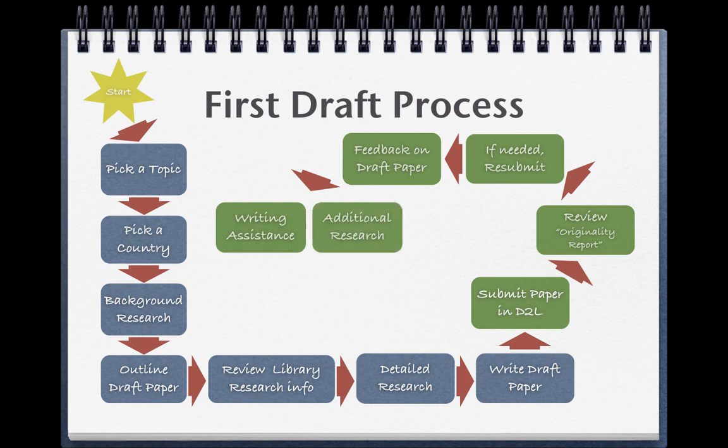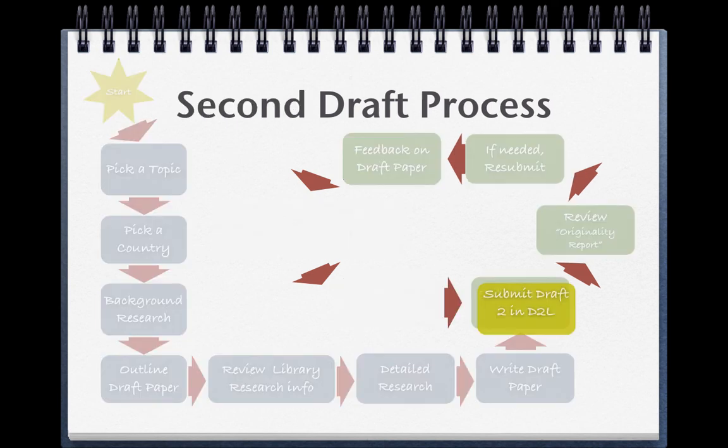And of course, based on your feedback, we may recommend that you do some additional research. This is quite often the case. Explore the research, find more specific research, make sure that the research is relevant and on target. And once you're done with all of that, of course, you revise your paper. And when time comes, you will submit your second draft in D2L. In the Dropbox, there will be a draft 2 submission space in which you will submit a second draft. And we will go through the process again.